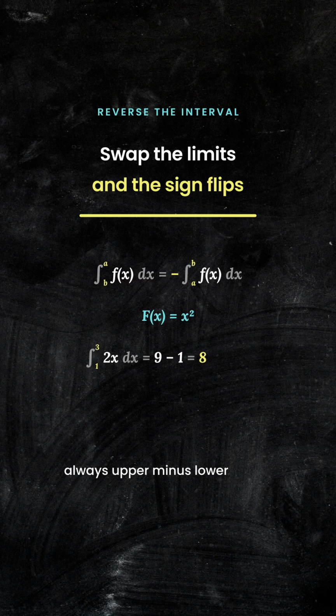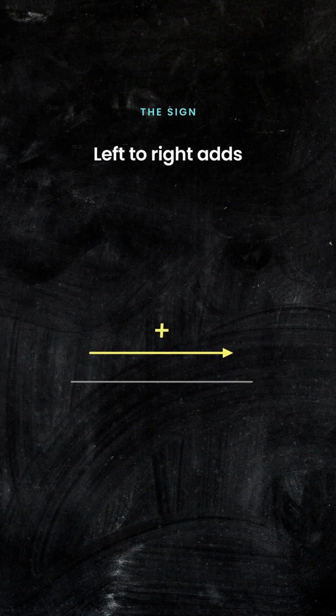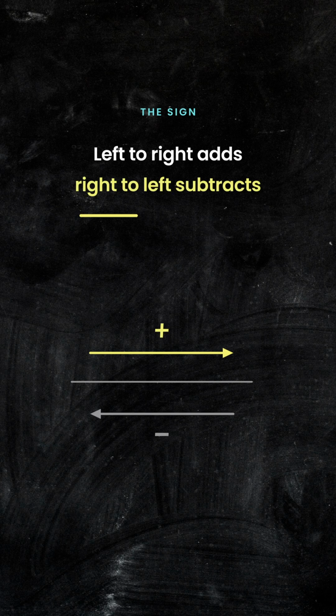If we reverse it, let's put the 3 lower and the 1 upper. We always start with the upper minus the lower. So we get 1 minus 9, giving negative 8. So this means that if the integral is adding for us and we're heading to the right, for example, an area, this is what's meant by the sign of